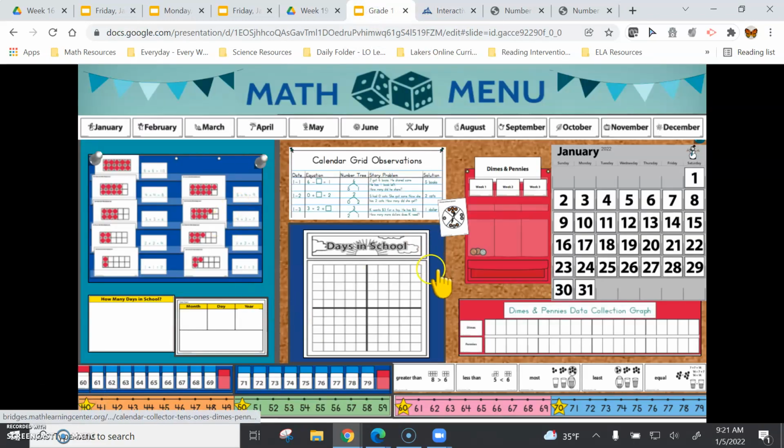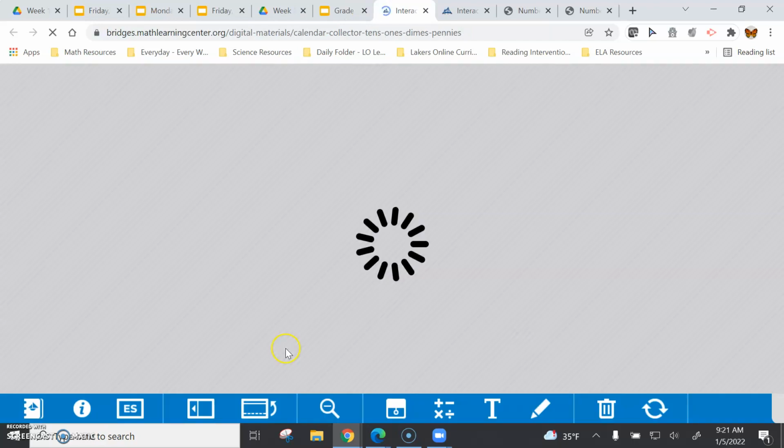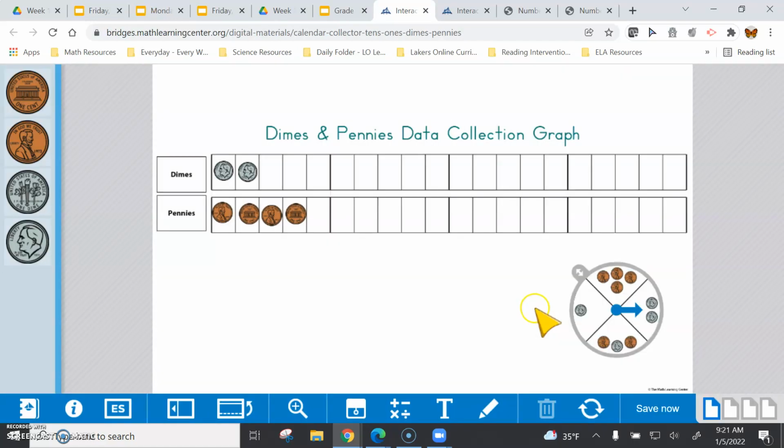Let's now continue to explore our information. We're going to go and add another coin to our chart. Let's see, will it be dimes? Will it be pennies? Will it be both? Let's find out. 4 more pennies. Here we go. 1, 2. You see the front and back of the pennies? 3,